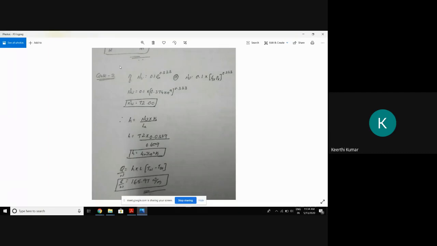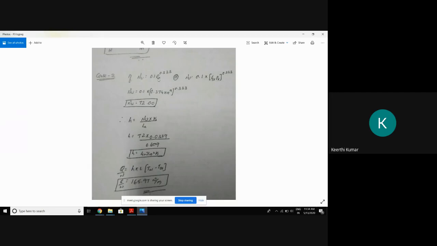After finding the Grashof and Prandtl number, we will write a note. Generally, we write a note whether it is a turbulent flow or laminar flow. Now what I'll do, I'll not write a note for case 2. Why? Because he himself has given the Nusselt number formula. Nusselt number is equal to 0.1 into Rayleigh's number to the power of 0.333. Okay, so what is Ra? In the question, he has given Ra. As Rayleigh's number he told.